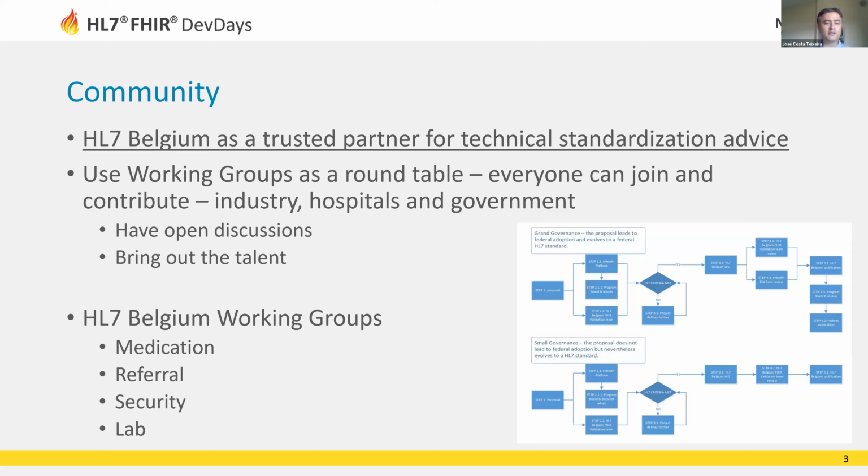Another thing that was a really interesting outcome of this is that it also helped bring out the talent. After a couple of sessions, in the beginning there were 2-3 people posting the requirements. Some people were more standards specialists, some more focused on the publication, some on the community, and some on the technical side. We started really seeing, because it's a roundtable, an open group,